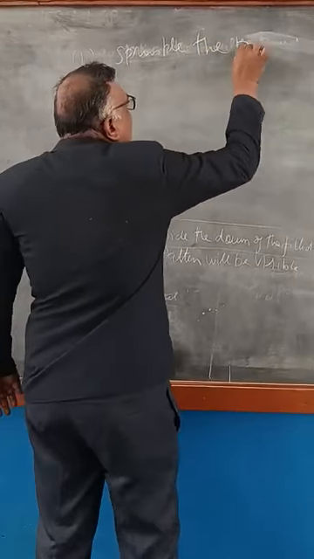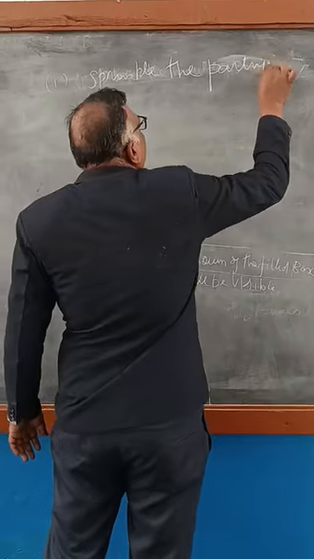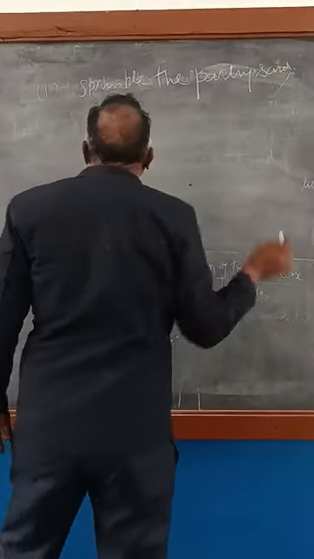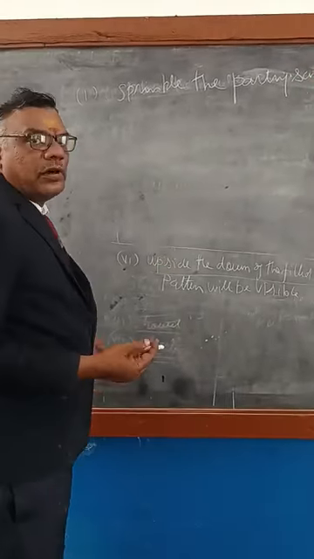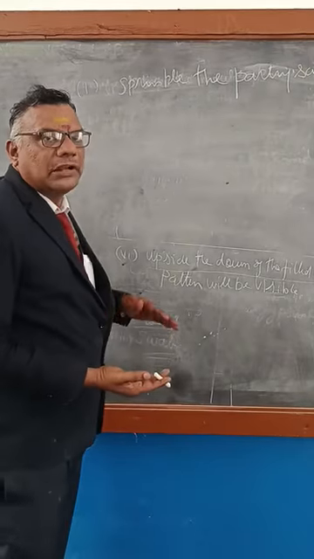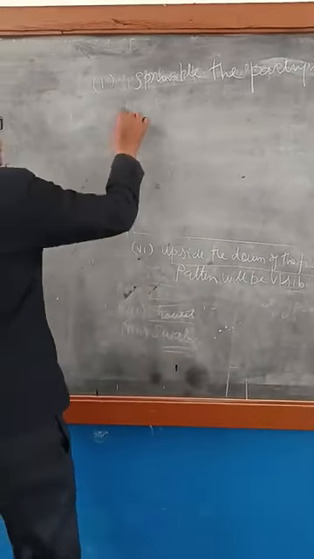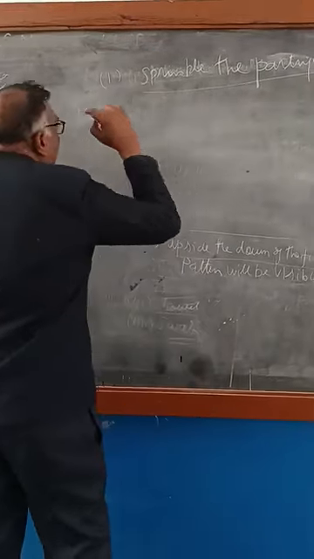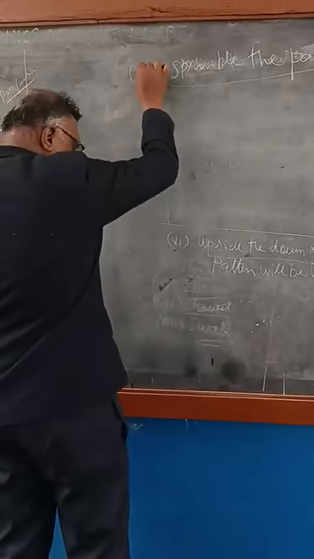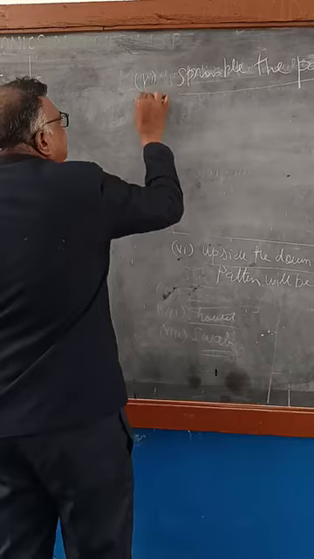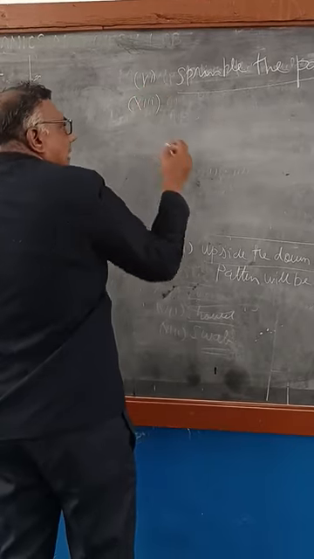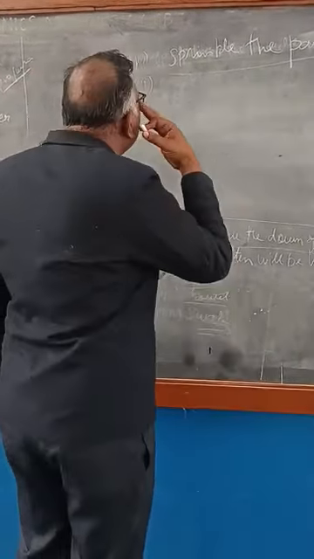Sprinkle the parting sand, so that the box 1 molding sand and box 2 molding sand will not stick to each other. That is why we are using parting sand. After filling the parting sand, place